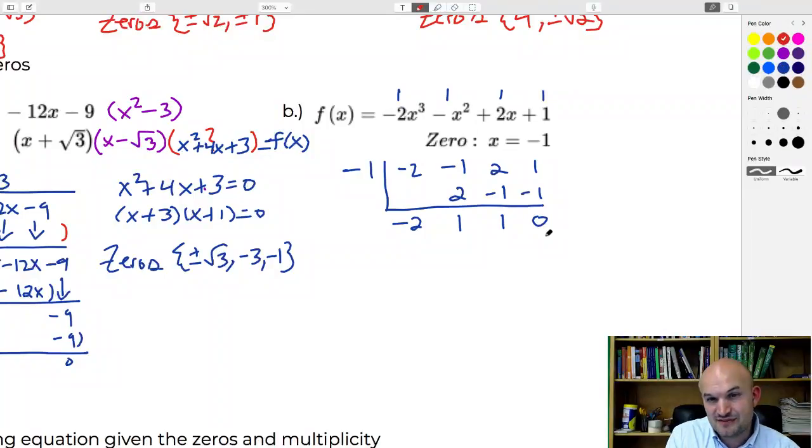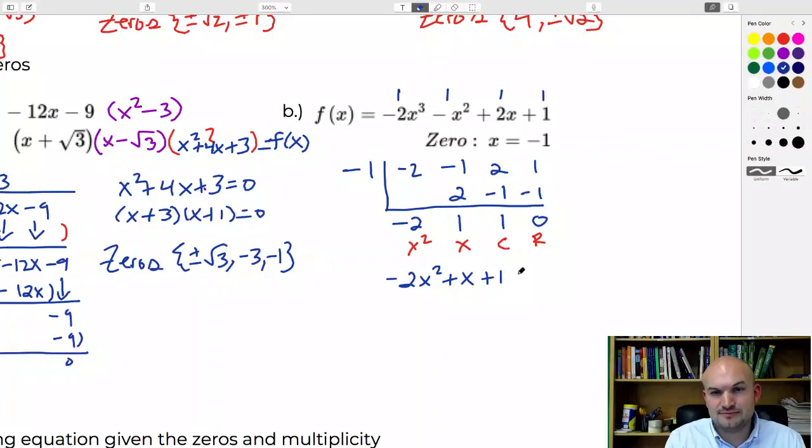Now, just to remember from synthetic division, that is your remainder, which is good. This is the coefficient of your constant, or coefficient of x to the 0, which is 1. We have the coefficient of our linear term, and then the coefficient of our x squared. Now again, remember the quotient is another factor. If 3 divides into 12, it divides so many times, which is 4. So negative 1 divides in, with the factor x plus 1, and it divides into this polynomial this quotient number of times, which is negative 2x squared plus x plus 1